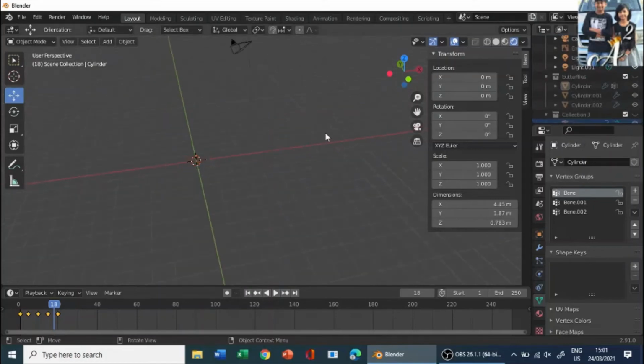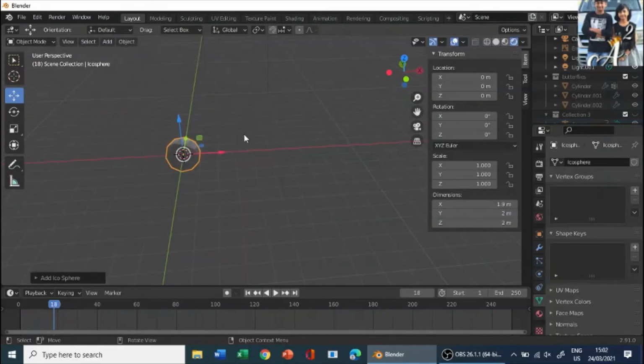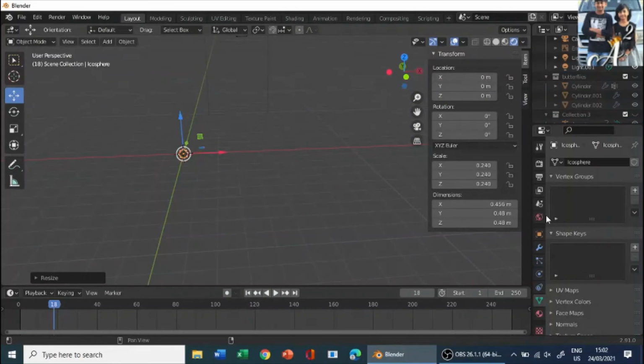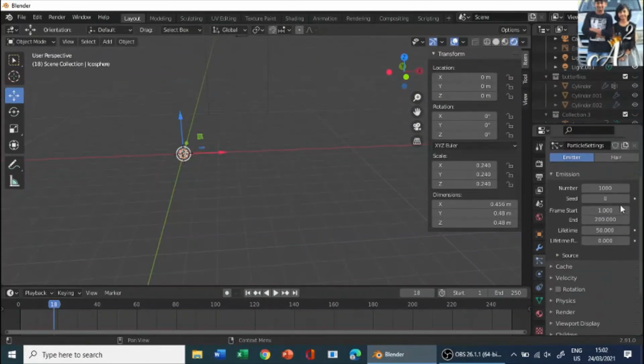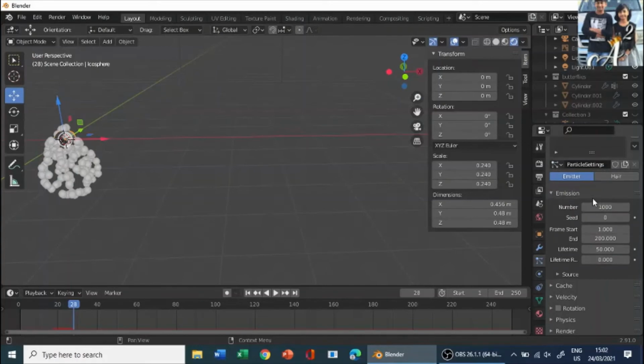So now if I click on this, yep, now what we need is to add our particles from where our particles are going to evolve. So let me add a new mesh. In this case I'm going to add an icosphere and scale it down so small, and let's go to the particle system and add new particles over here. Inside the numbers tab, we don't need more numbers, because if the butterflies have more numbers, they're going to be in a mess. So under the numbers, I'm just going to choose 100. If you want, you can change it as you wish.